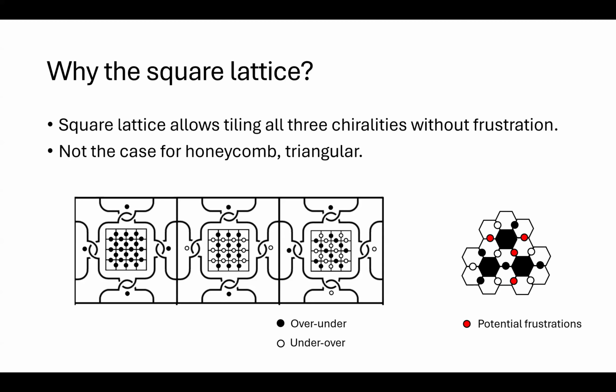If you do this with the honeycomb lattice, which is how people think of kinetoplast topology, you end up with frustration. You can alternate white, black around one of these cycles, but then you have a point where you have to pick one to be the same color as its neighbor. So I was interested in how this choice of chirality influenced the networks, which is why I went with the square lattice. To investigate these networks, I used 2 different techniques.